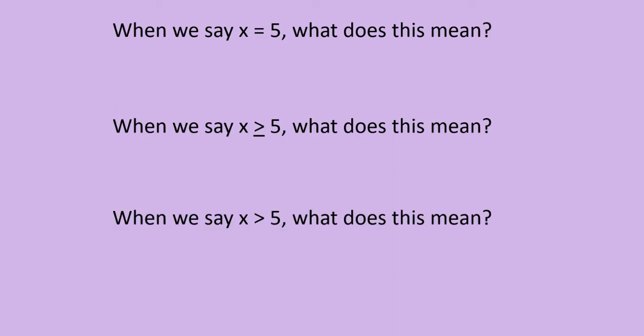When we say x is greater than 5, what does this mean? This means that our solution is any number greater than 5, but 5 is not included. So our solution could be 5 1,000th, so it could be 5.001, or it could be 100 or a million or any number greater than 5,